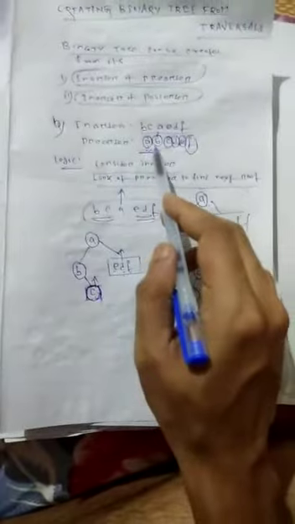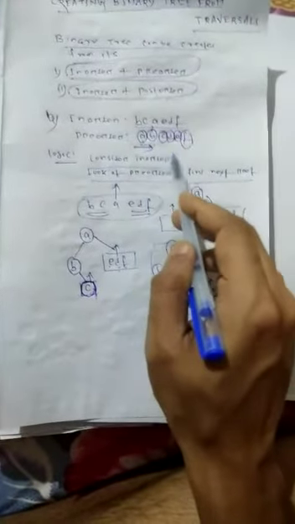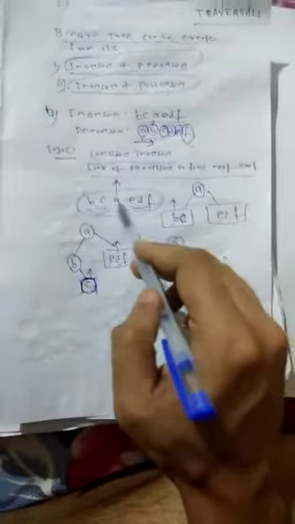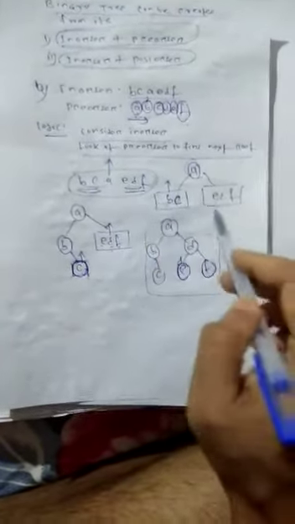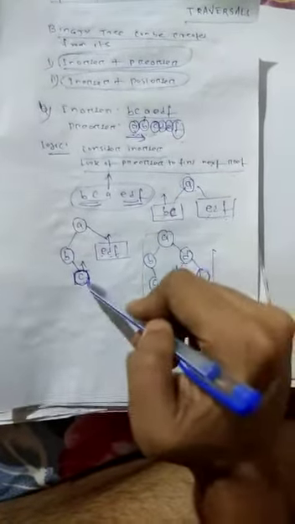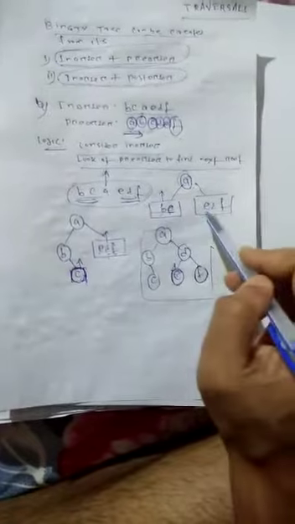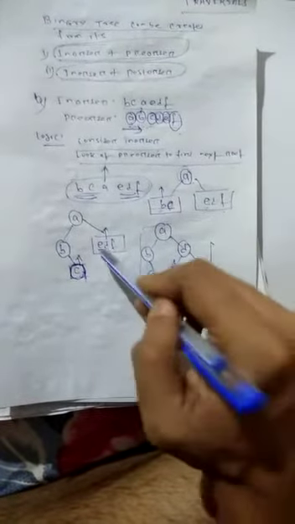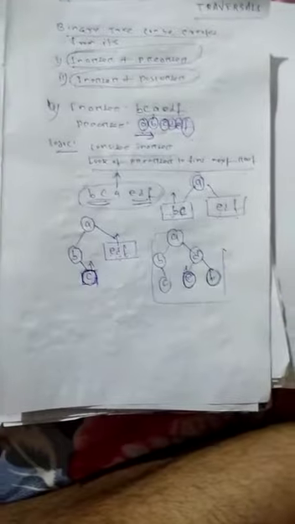Similarly, if in-order and post-order are given, how do we calculate? Here you have to remember: first consider the in-order, then the root node comes from the other traversal. We consider nodes one by one. First A goes to the upper level, then whatever is on the left side are the left children, and whatever is on the right side are the right children. Then consider one by one. B goes up, then C goes to the right side. After C will be a node, then D is considered. D goes to the upper side, E will be on the left side and F on the right side.